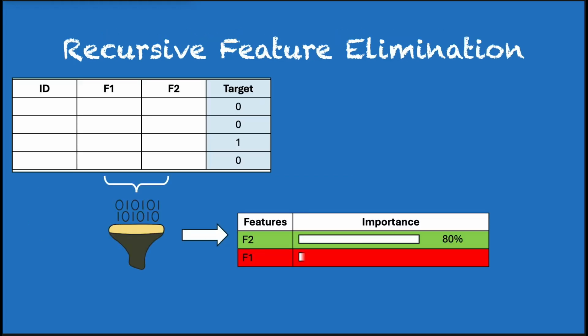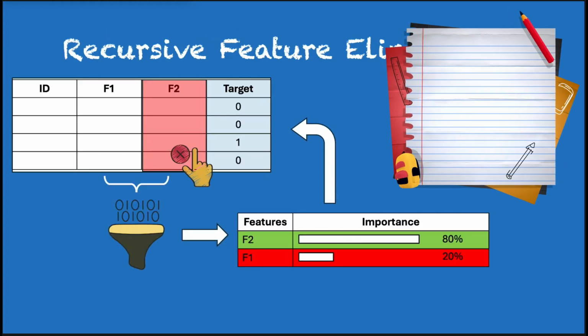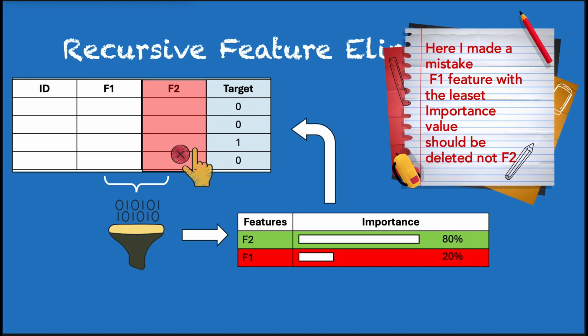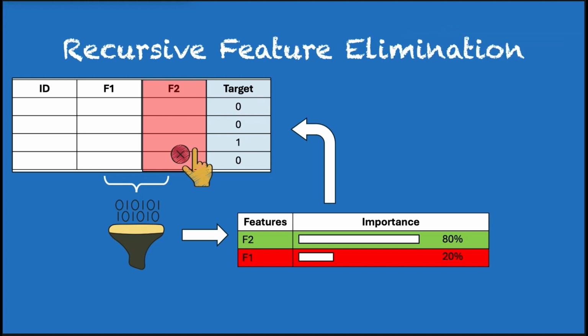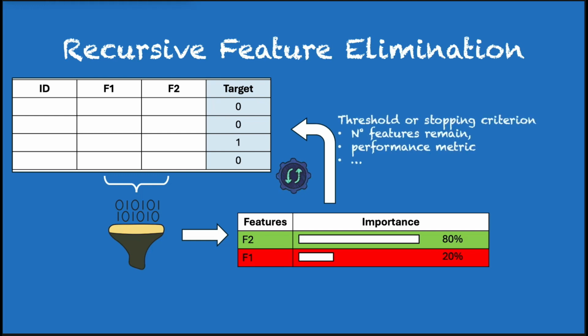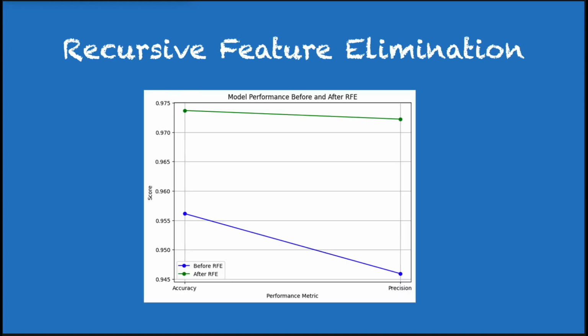RFE repeats this process, training the model on the reduced dataset, ranking the features and eliminating the least important feature one at a time. The process continues until a predefined number of features remain or another stopping criterion is met, leaving us with the most important features that will improve the model performance. Using recursive feature elimination allows us to focus on the most critical features, reducing noise and improving the model's efficiency without sacrificing accuracy. Now that we know what's going on behind the scenes, let's find out how we can apply